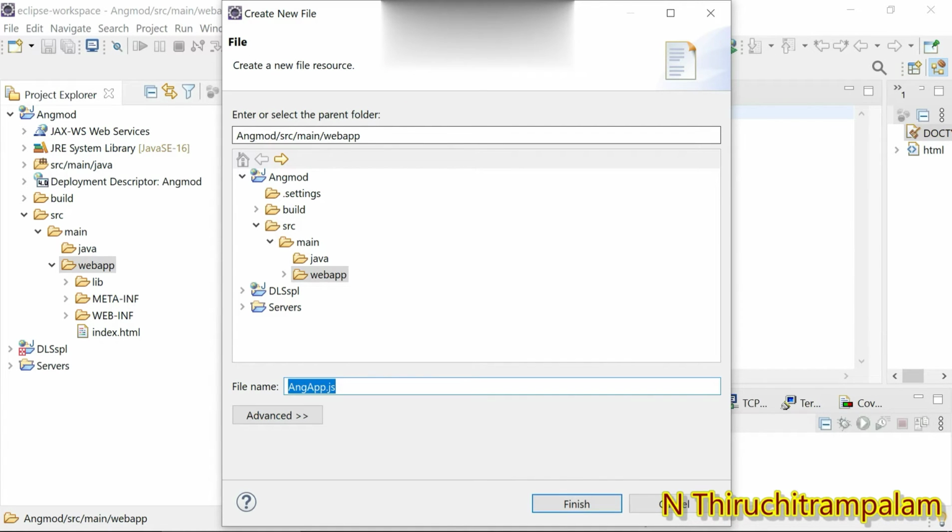So this is the application module, right? So the name of the application module is ang app.js. All right.